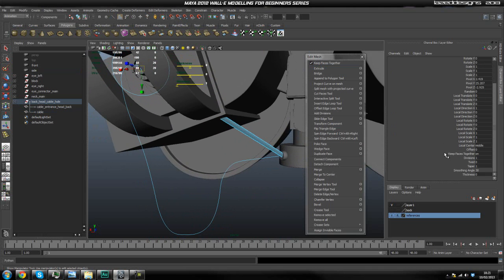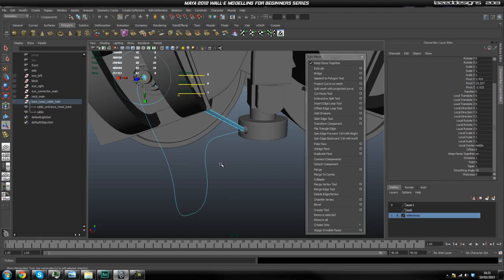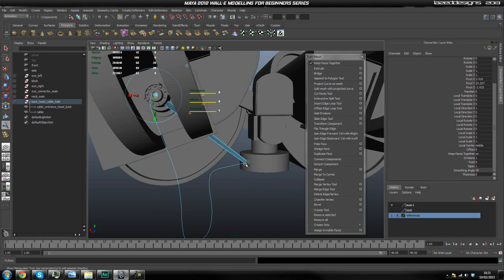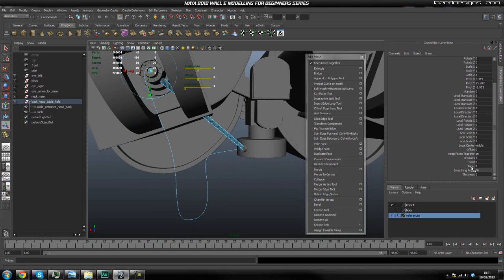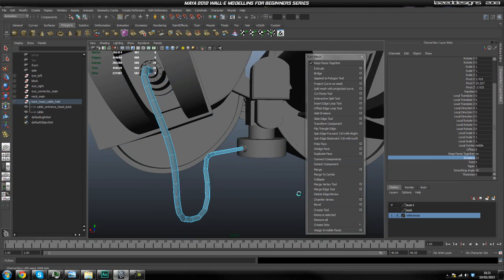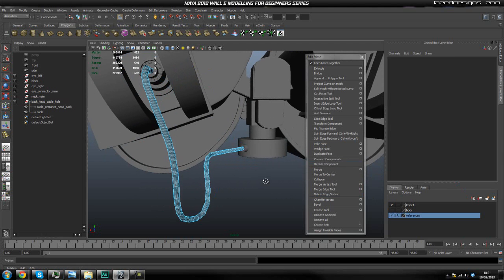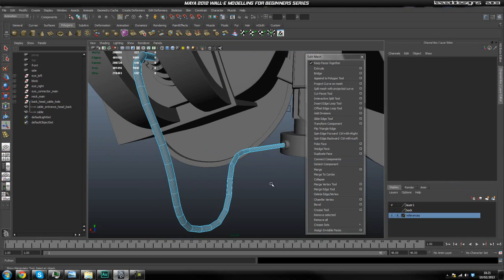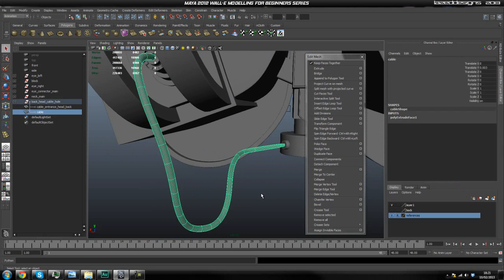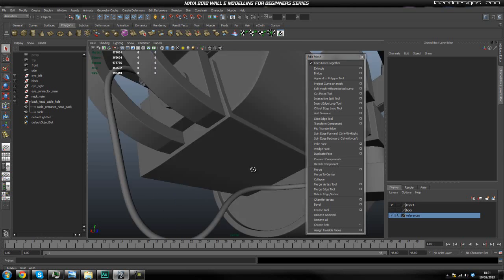So now that we extrude it, we're gonna come down to our... let me just turn it off one sec. There we go. Stop making noises. So now that we extruded that, we're going to go ahead and add the divisions. So we're going to come into our inputs and pump up the divisions to about 25, should do it. And now if we go ahead and select our cable again and hit smooth, we should have a pretty nice